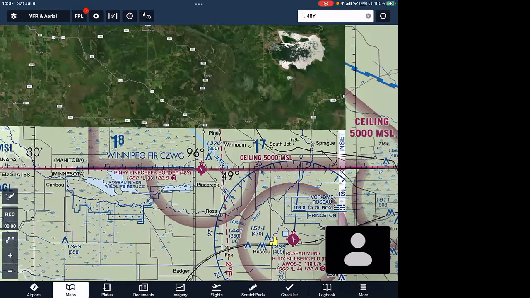Gerald Brown asked about 48 Yankee. That's one of those. That's a fun one. The Minnesota Canadian border splits the runway right down the middle, so you've got to read very carefully in the chart supplement book about that one, because depending on which way you're coming from, you may have to talk to